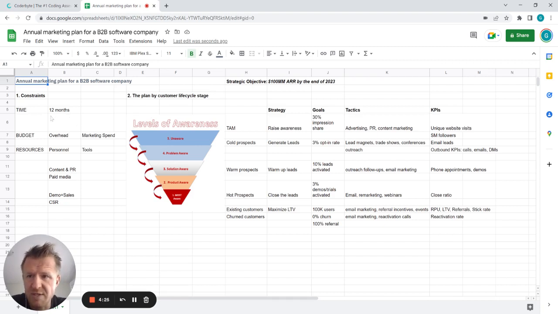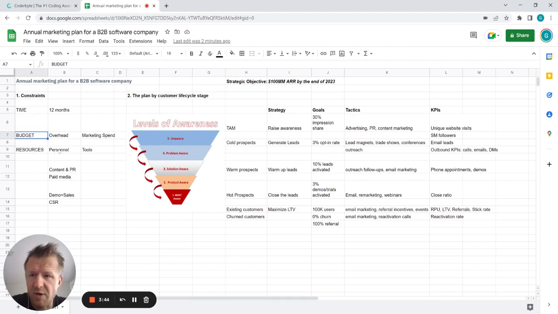For the constraints, the big three are time, budget, and resources. So time, we have 12 months because it's an annual marketing plan, as per the assignment. The budget will be broken down into overhead, like basically the team, and the marketing spend. That will be defined by the acceptable target cost per acquisition that we determine, as well as the profit margin. But those will be defined normally before going into the plan. I didn't want to make any specific assumptions, but